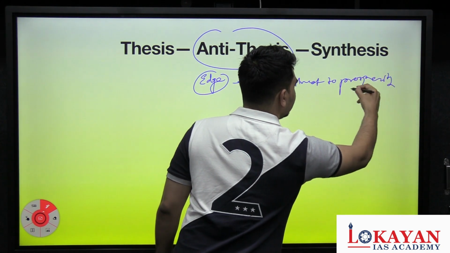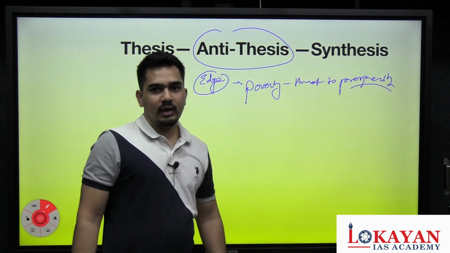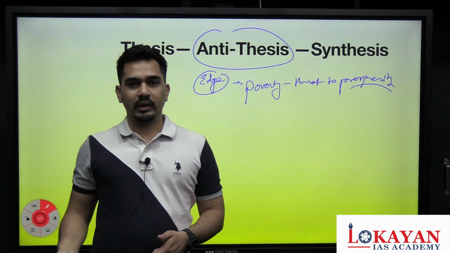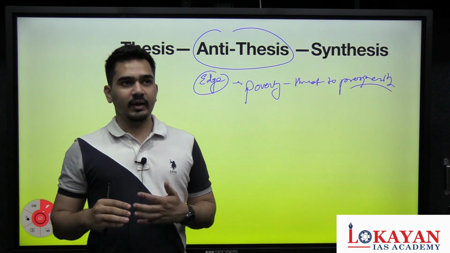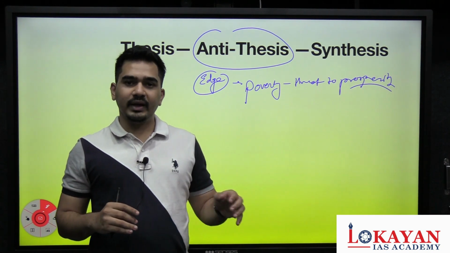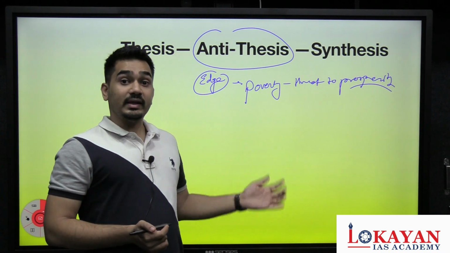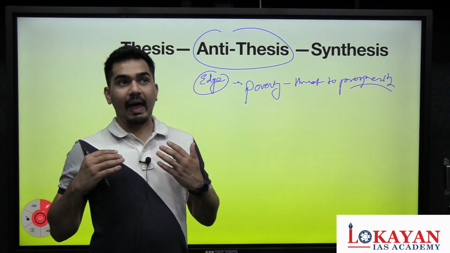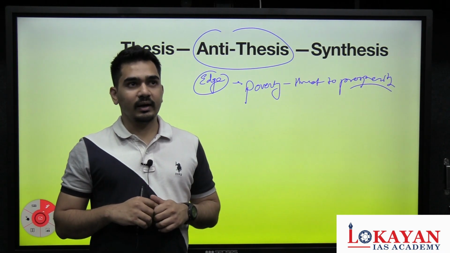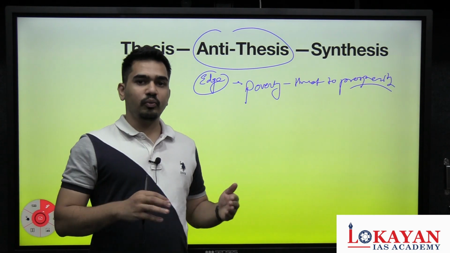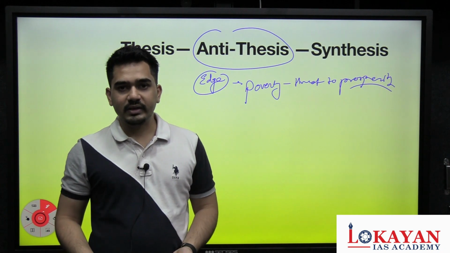This basically means that poverty is bad. So here, its antithesis won't be that poverty is good. You cannot say that poverty is not a threat to prosperity and it is okay if there is some sort of poverty. Its antithesis may be on the lines that we cannot absolutely remove poverty. Because as we remove poverty, there will be new sorts of poverties that will emerge.